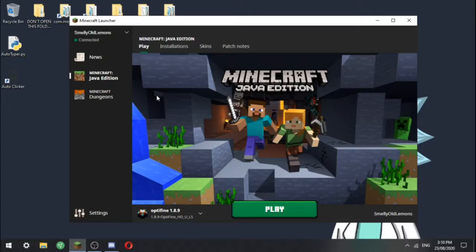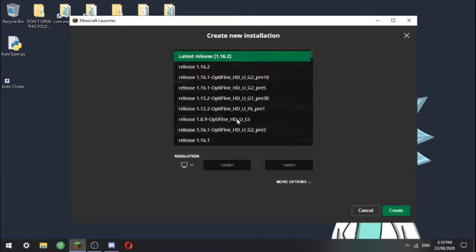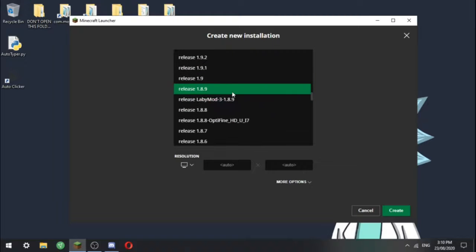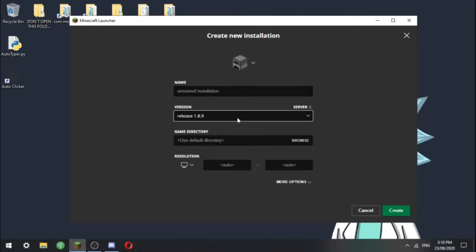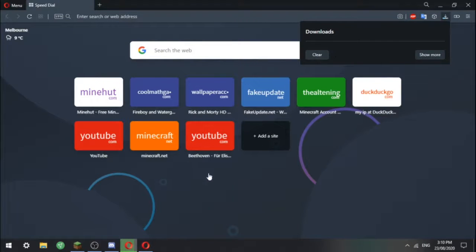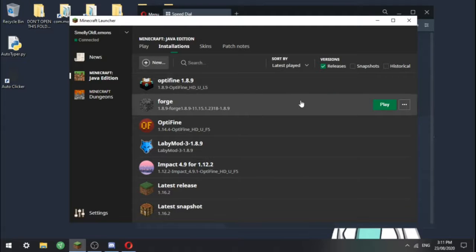So the first thing you're going to want to do is open up your Minecraft launcher. Go to your installations tab and click new. When you go to new, you find the version which you want to make your server on. Just for demonstration purposes, I'm going to do 1.8.9. Now once you've done that, above here you should see something that says server above the version tab. Click that and it will redirect you to one of Mojang's official websites where it will download the appropriate server corresponding to what version. Once you've done this, you don't have to save the profile, you can just close it